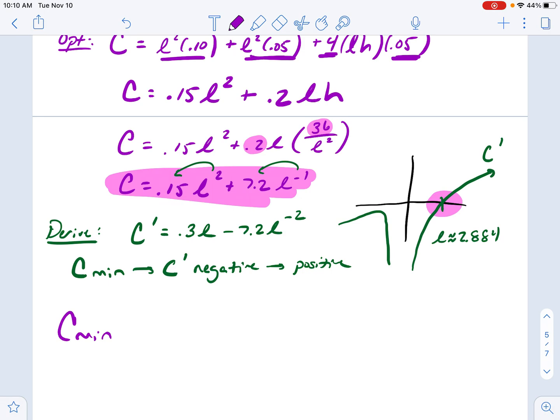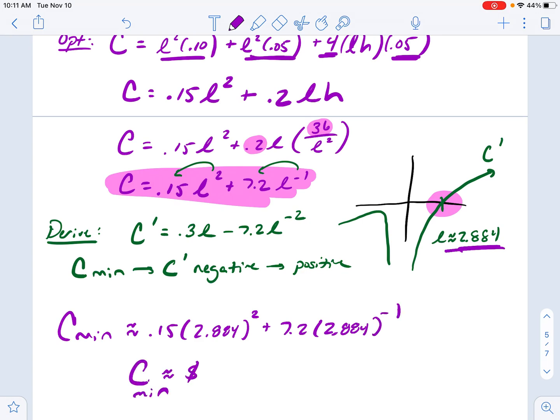So C min occurs when L is 2.884. So we're looking at 0.15 times 2.884 squared plus 7.2 times that value to the negative first. And I am getting a minimum cost of about